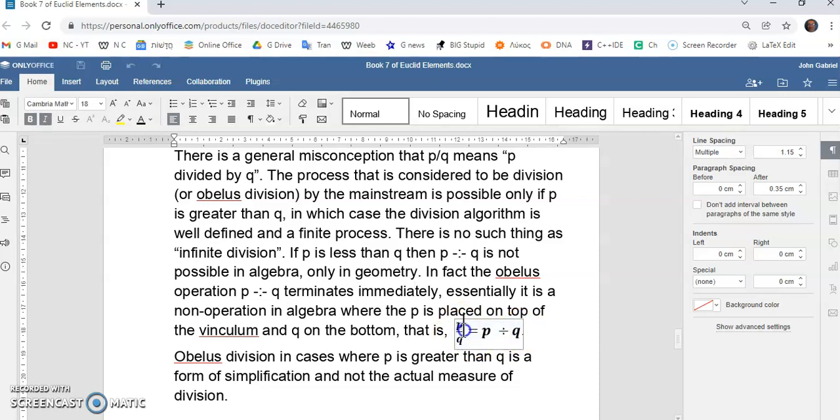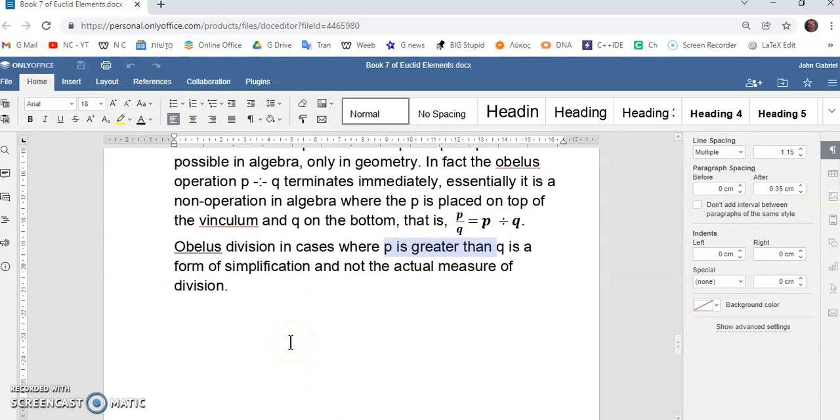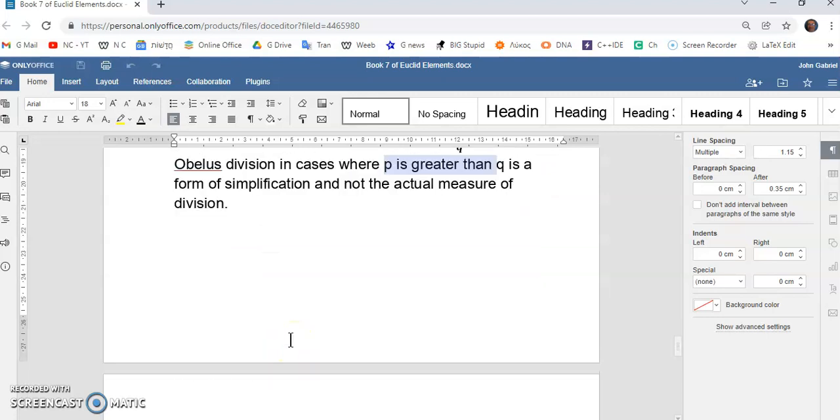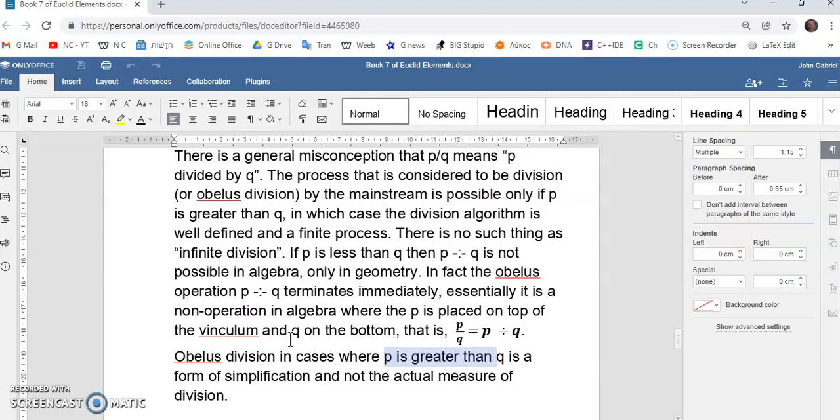But if you want to simplify P over Q, which is obelus division in cases where P is greater than Q, it's a form of simplification and not the actual measure of division. Okay? So, in algebra,